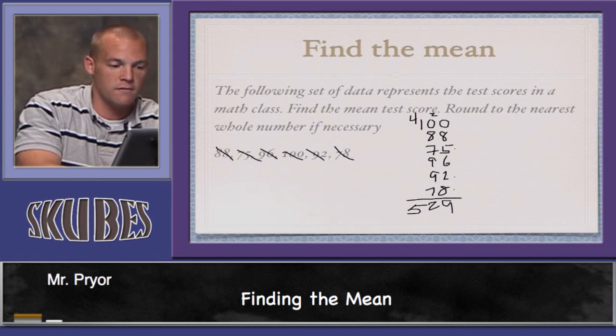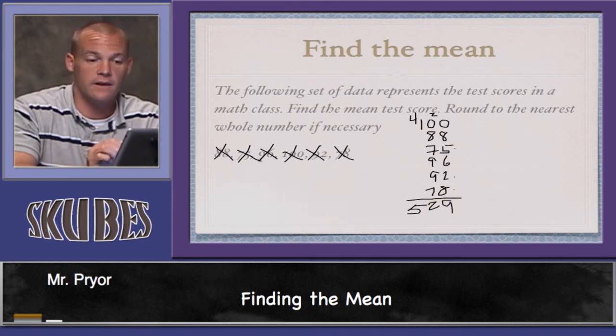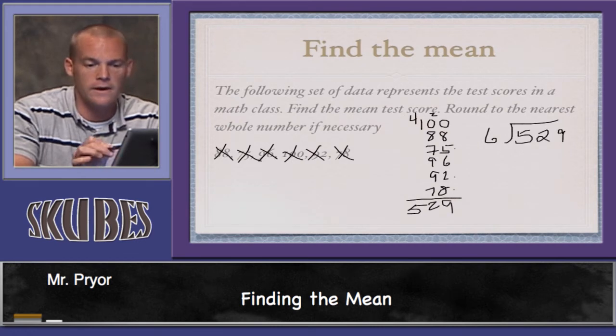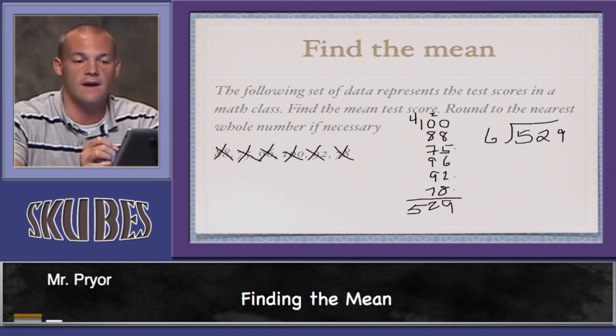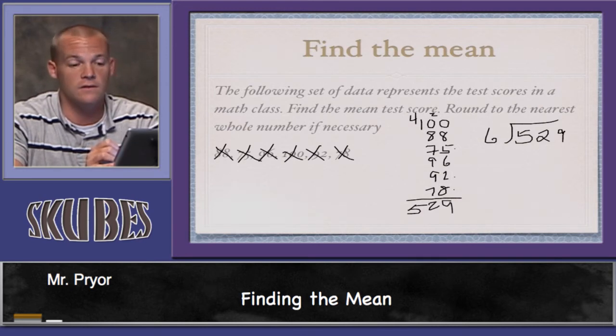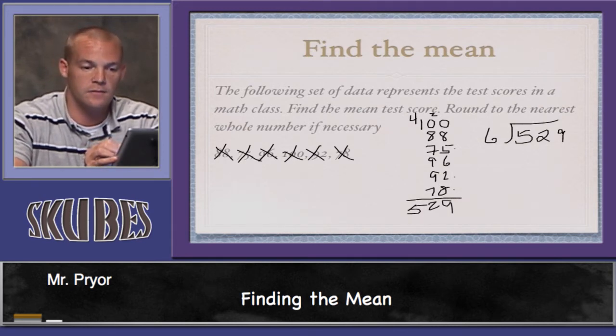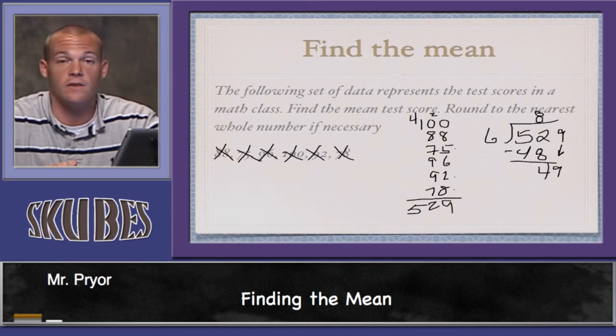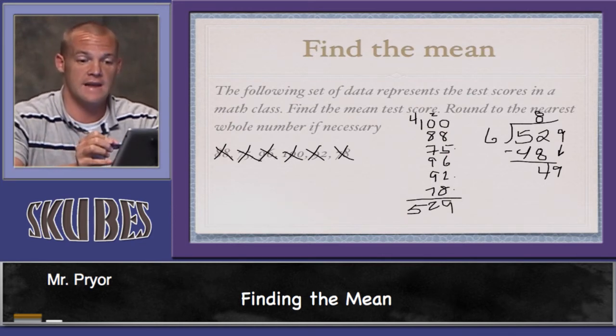Now I'm going to count up all of my values that I started with. That's 1, 2, 3, 4, 5, and 6. So I need to do some division. How many times does 6 go into 529? Because 6 can't go into 5, I need to figure out how many times 6 goes into 52. That's going to be 8 times, because 6 times 8 is 48. Then we subtract, get a difference of 4, and bring down the 9. How many times does 6 go into 49? That again is going to be 8,